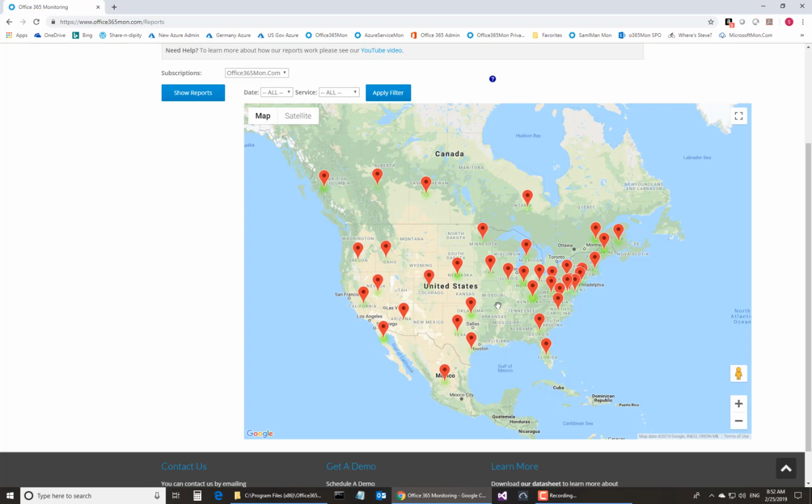And that's an indicator of what the performance is like at that particular location. So basically, the lighter the color, the faster it is. The deeper and darker the color, the slower the response time is from that location. So for example, if I hover here over this location in Nebraska, we see their average response time is 1.5 seconds. But if we go down here to Arizona, where there's much lighter color underneath, we see their average response time is 0.28 seconds. You can also filter that by a particular date as well as by